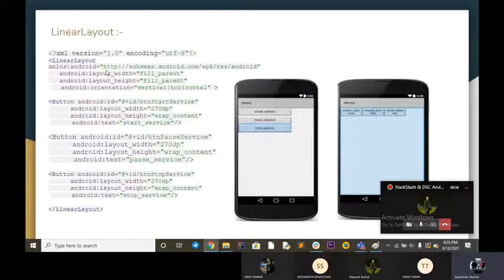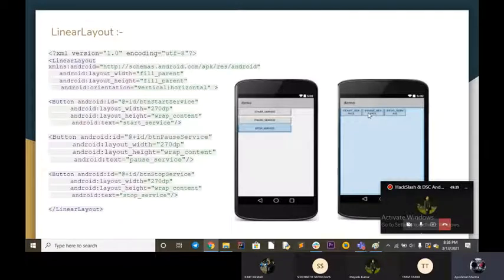And this linear layout, when we create the code for a linear layout, inside it we can pass our UI elements that can be a text view or an image view or a button. Here we have 3 buttons. The first code is for the first button, the second code is for the second button, and the third code is for the third button. If you rearrange this code, like if you arrange this last code on the top side, then this button will also go from bottom to top. And the same thing happens for this too. The buttons start arranging from left to right for the horizontal view too.